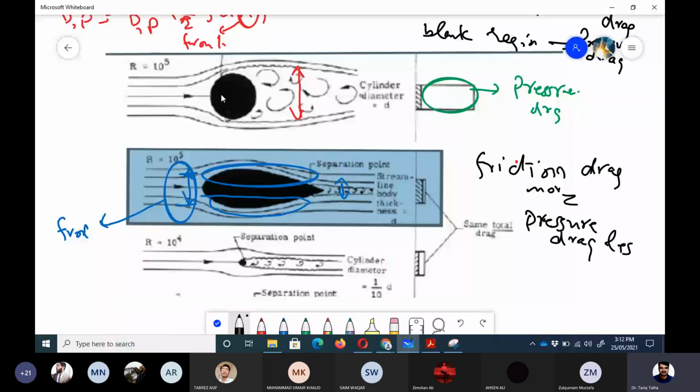Now the second interesting thing which I wanted to show. The figure on the bottom is the circular cylinder here, which has a diameter 10 times less than this total height, right? So one thing is very interesting, that the drag force on these two objects is equal, right? Drag force is equal, so it means that this small cylinder would experience the same force as this bigger body,